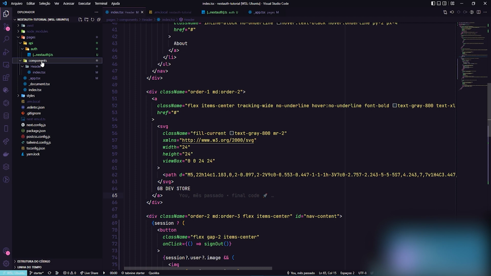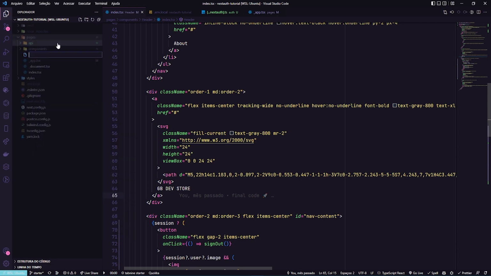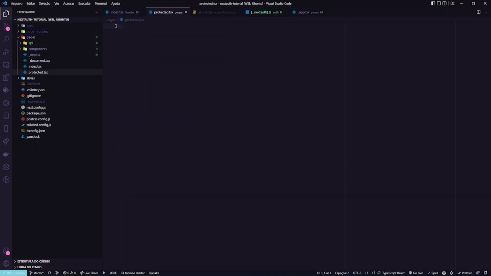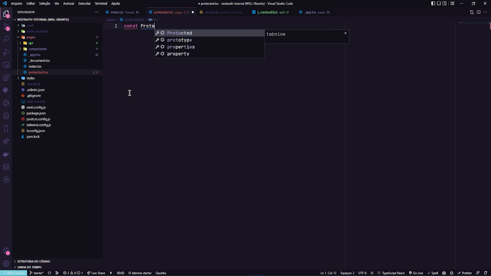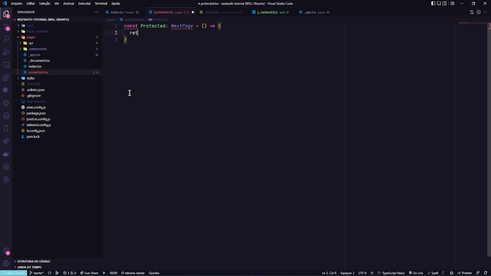To test that, I will create here inside the pages a new file called protected.tsx, and here I need to export, create const Protected, a NextPage, equal to a function, and it will return an HTML